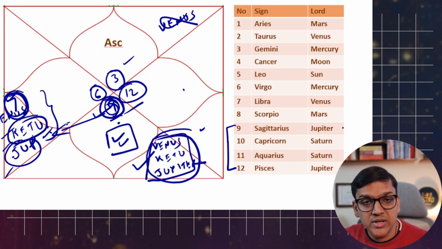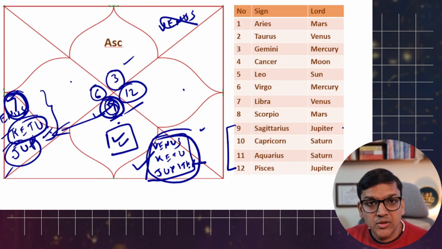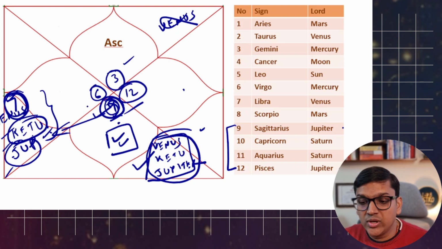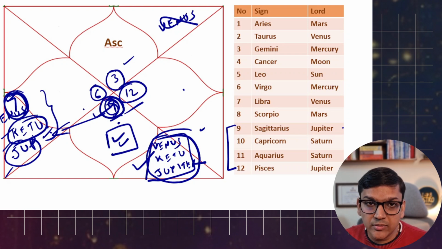So there are two combinations that we have understood. The first is when Ketu is sitting in the house of a planet which is the owner of a center or a trine, and it is sitting in a center or a trine, and that particular planet is not in a bad state. The second combination is when it is conjugating a planet which is owning the Kendra or a Trikona.